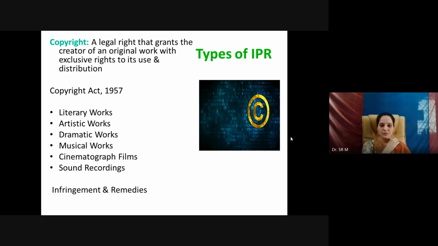What do you have to do? You have to just fill out the appropriate application form based on the type of your work. Say, for example, we have form number 14. It is mainly for your literary, dramatic, musical, and artistic works. If your work falls under this category, definitely you can fill that proper appropriate application. You can attach the supporting documents and you can submit your application either online or a physical copy to the